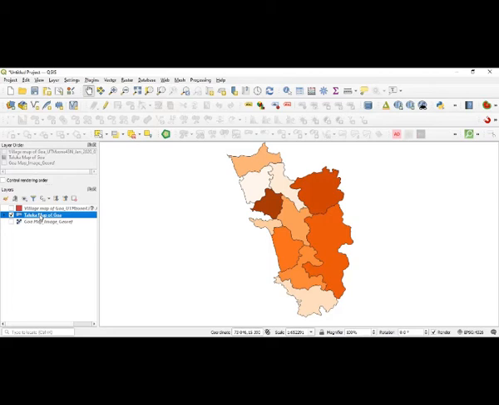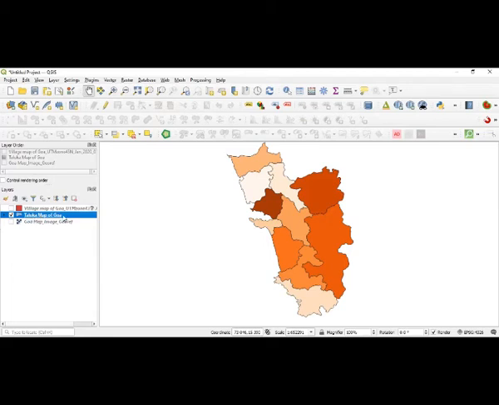If you have digitized very accurately, that is going to be one of the important considerations for getting the proper measurements. If your digitizing is going here and there, a little bit that side, a little bit this side, or some pixels that side, this side, it is going to be very difficult to get the correct area. So whatever I have right now is digitized. Of course, it is not very accurately done, but it is digitized, and it is also converted in terms of the projection from WGS84 to WGS84 UTM zone 43 north, and that is why I am going to get the data.